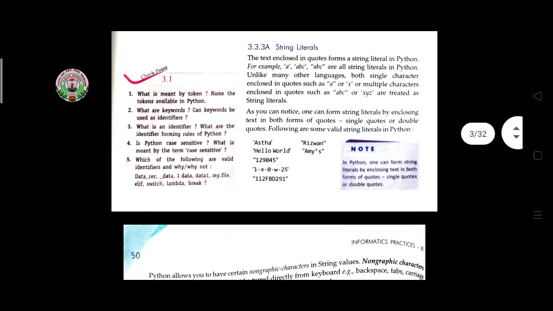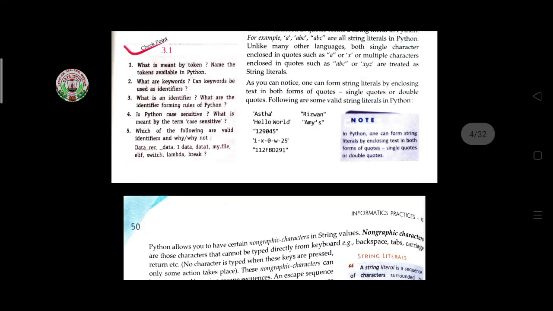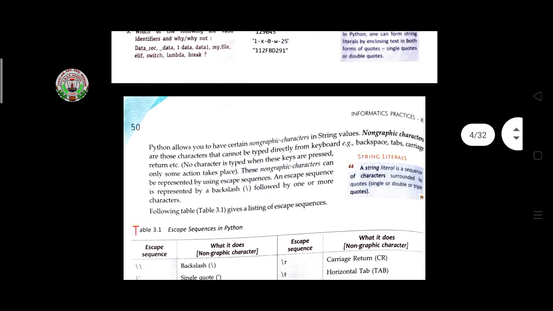So if you are initializing variables in string format, you can give double quotes or single quotes, either. As you can notice, one can form string literals by enclosing text in both forms of quotes. Some valid strings are given here, showing how to write single quotes and double quotes, for example C Astha, then Rizwan, like this.